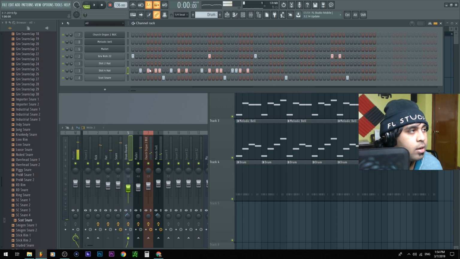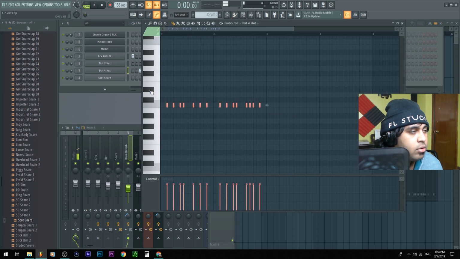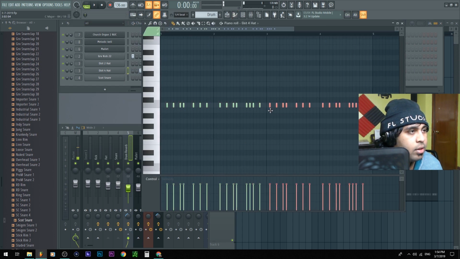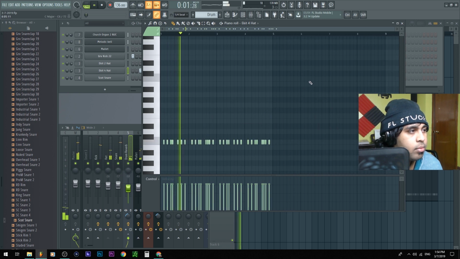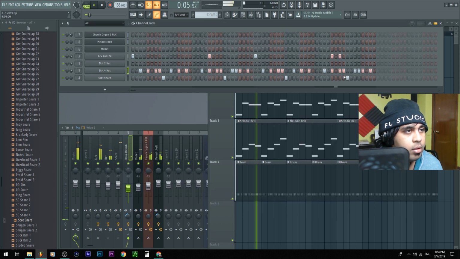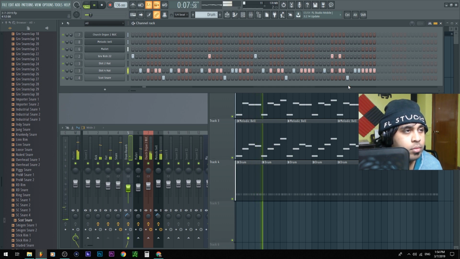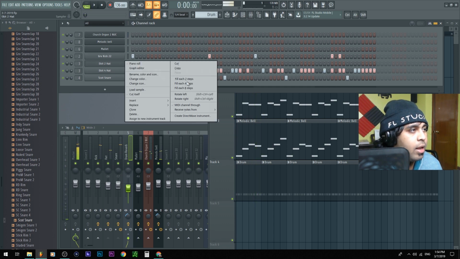So all of a sudden we got a nice little melody. We could just go into the piano roll, by the way, and just drag this and copy and paste this over here. And see how we got the same thing here. I'm just making it unique. There we go, and that's not even the main hat.